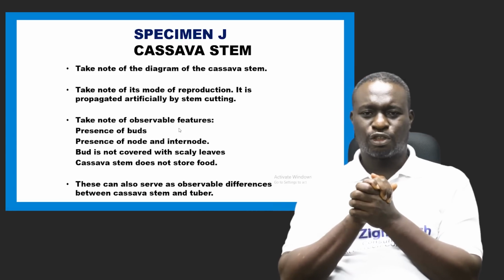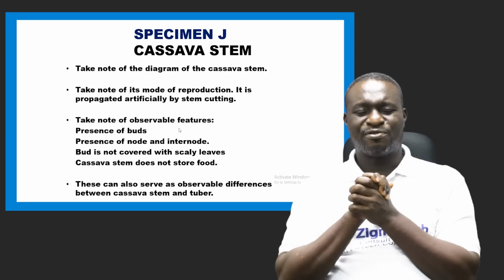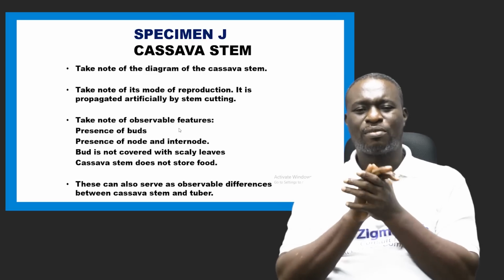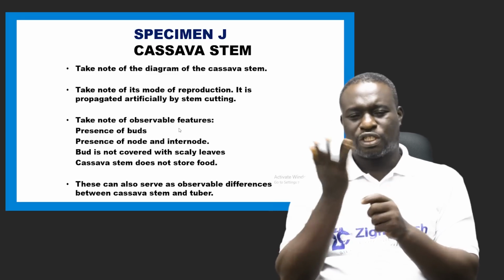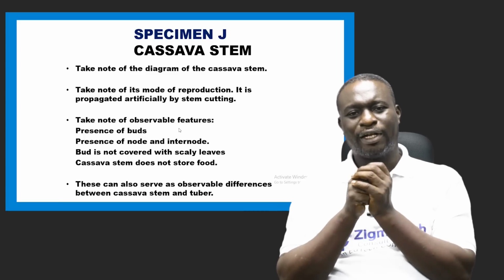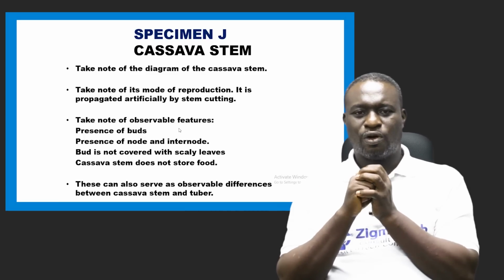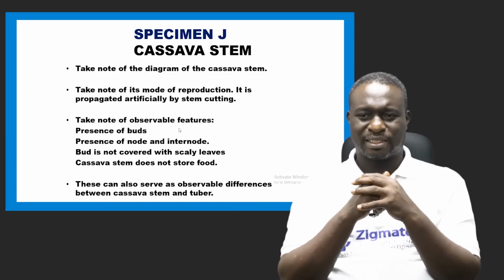For cassava stem, they are propagated artificially by what we call stem cutting. You cut the stem, and then you can put the stem in a fertile soil, and then it will germinate